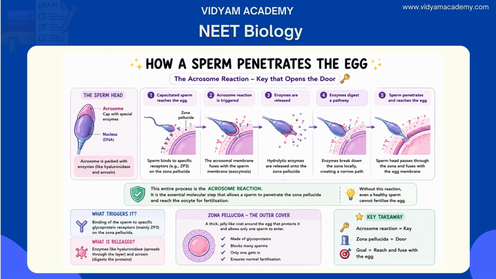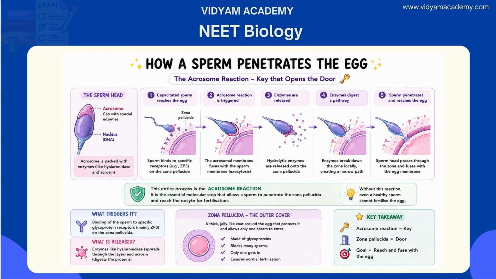When a capacitated sperm binds to specific glycoprotein receptors on the zona pellucida, this binding triggers exocytosis of the acrosome. The acrosomal membrane fuses with the sperm's plasma membrane and the enzymes are released directly on the zona pellucida surface. These enzymes chemically digest a narrow pathway through the zona, allowing the sperm head to tunnel through and reach